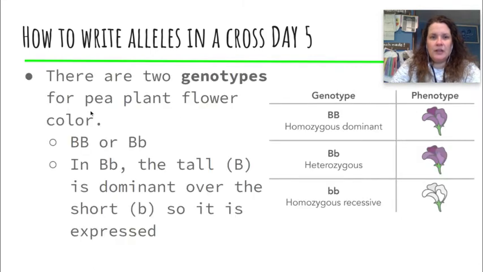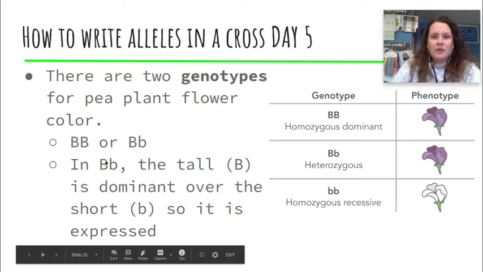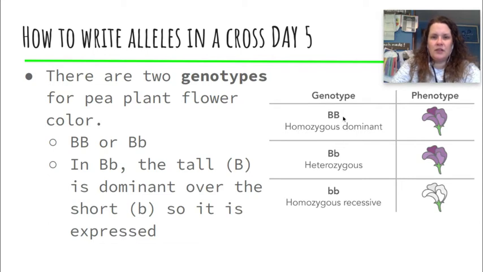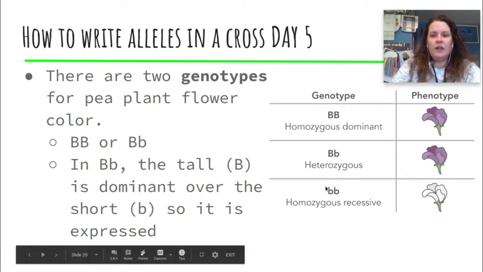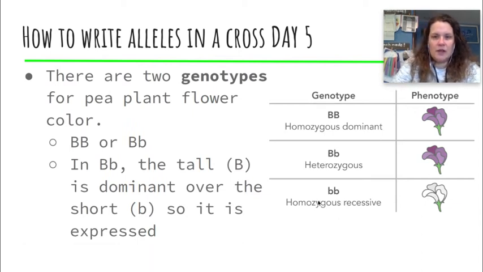There are two genotypes he found with pea plant flower color. He found that there were purple or white flowers. If it was a purple flower, there's two possible combinations of genotypes they could have, big B, big B, or big B, little b, that would still have the expressed purple flower color. The only time that he found that it would have the white color expressed was